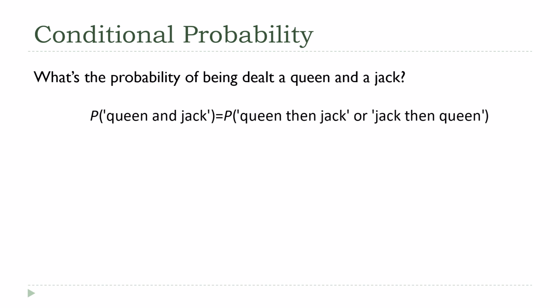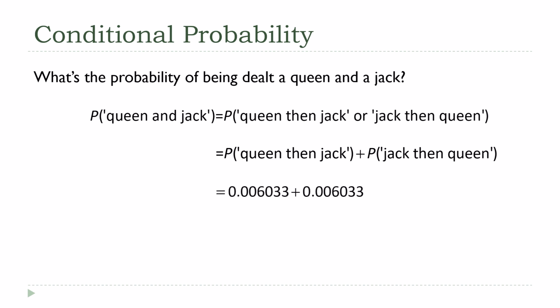Because the events are disjoint, we can apply our probability property and say this is the sum of the 2 individual probabilities, which we already calculated. That's 0.006033 plus that number again, and we get the final probability of being dealt those 2 cards in any order, which is